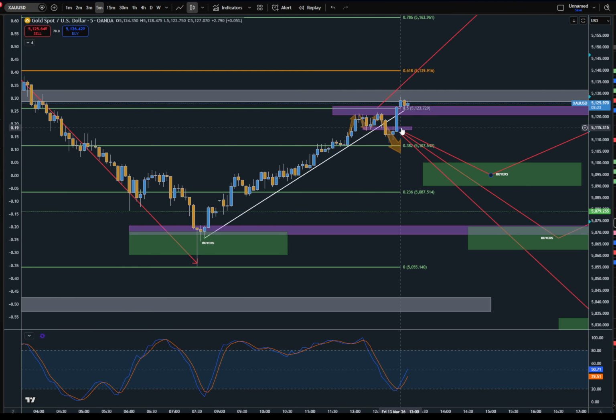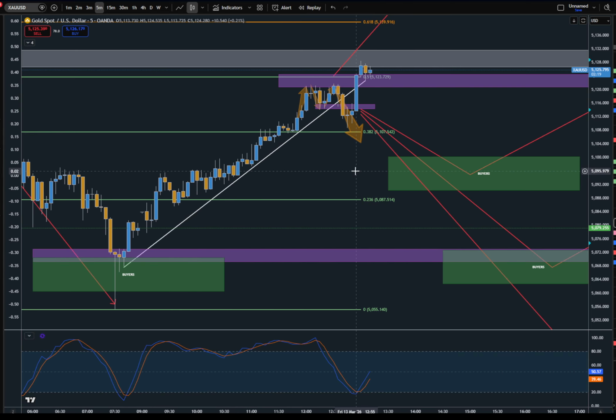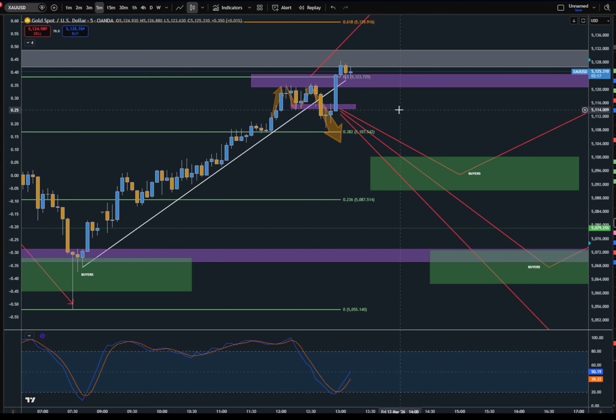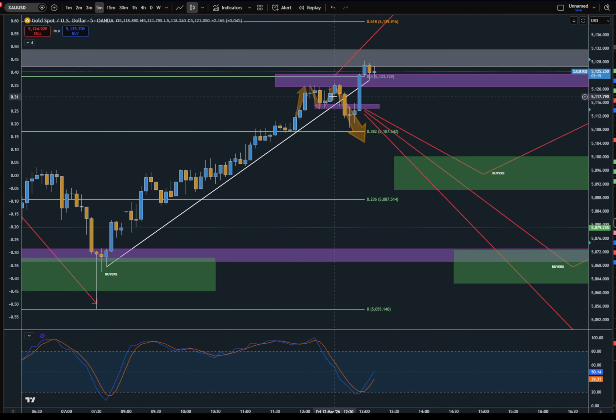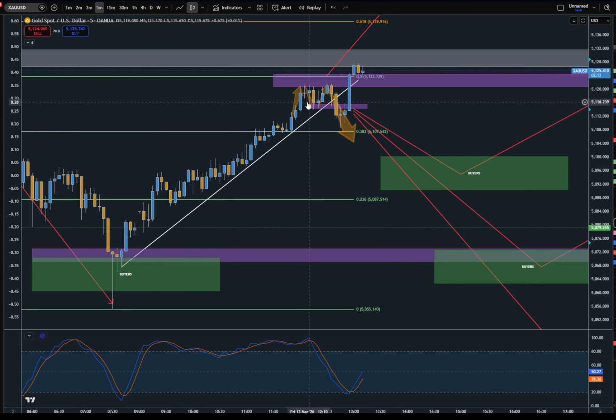Just a quick little update with this one here, because this is the thing. Definitely got to be careful for, but again, it's just how you approach it. So, like I was saying a couple of minutes ago, this was the little internal structure we were looking for. That's great. We got a little trend through here.